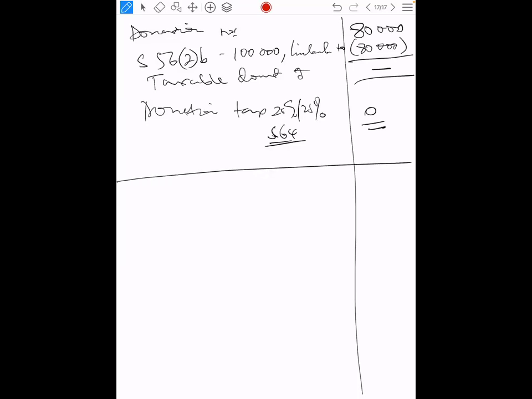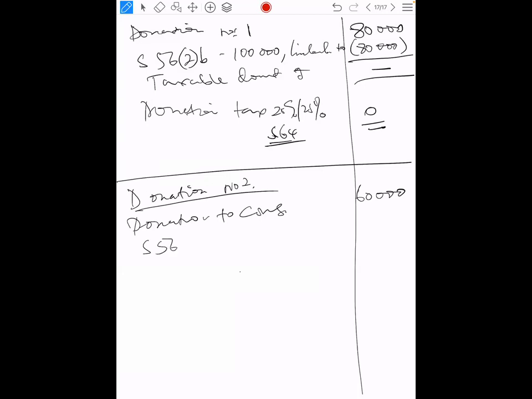Okay, on that donation in the morning, the same person again donates in the afternoon. Remember, donation tax is payable per donation day. Number 2, let's say now he donates to a cousin something worth 60,000. Right, it is in the same year of assessment. Now you come here and say section 56